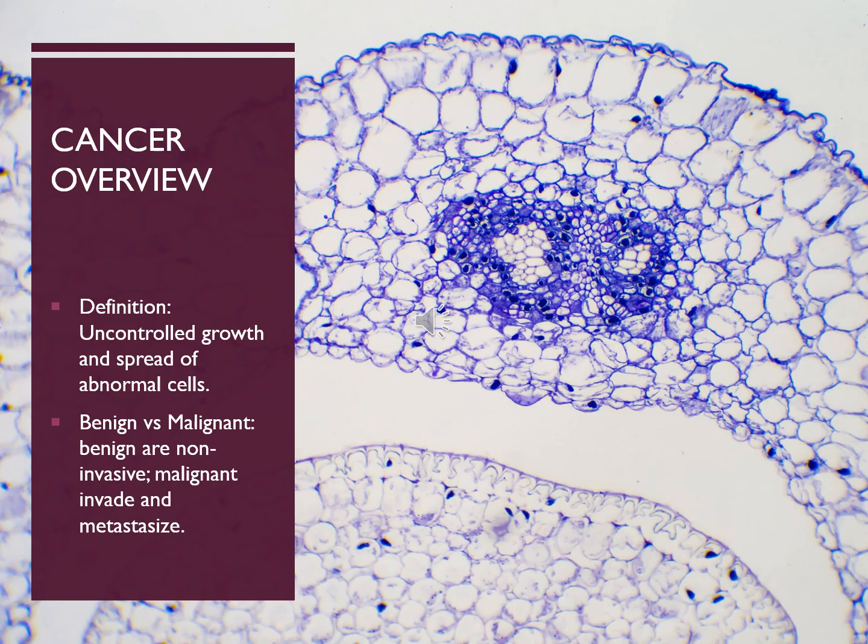So cancer is described as an uncontrolled growth and spread of abnormal cells. We have two different types of tumors: benign tumors and malignant tumors. Benign tumors are usually well differentiated or well defined. They can have an even border when they're looked at under a microscope. They grow slowly and they usually remain localized, or in one spot. They rarely cause death unless they compress vital structures, whereas malignant tumors usually grow rapidly, they invade nearby tissue, and